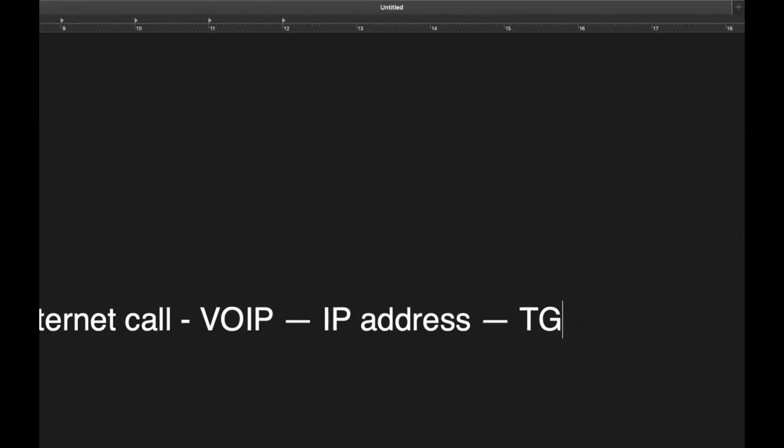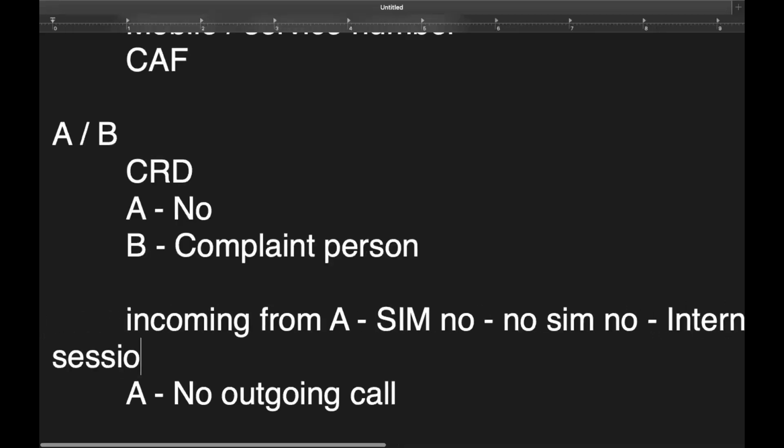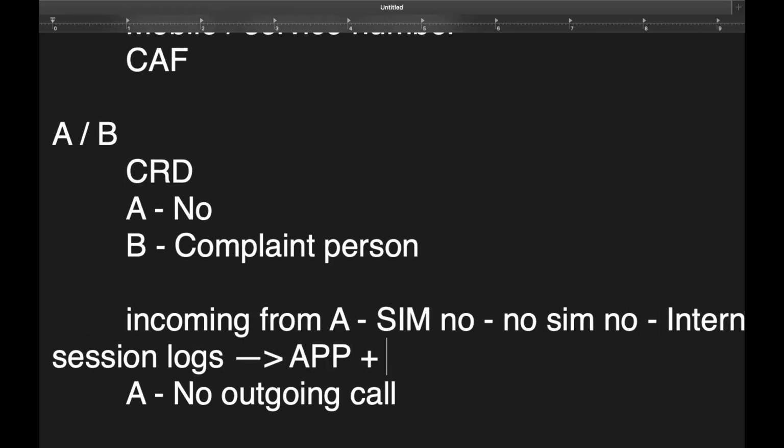Consider a scenario, if I need to call any person, either inside India or out of India, abroad. If I'm placing a call, there is a switching station. They used to manage all the session ID and the logs, and they'll switch the call from one network to another network. That is actually a ticket grant. So they call it the ticket grant. From the ticket grant, we can get all the call logs, call session logs. So from here, we can find which application they have used, app plus IP.